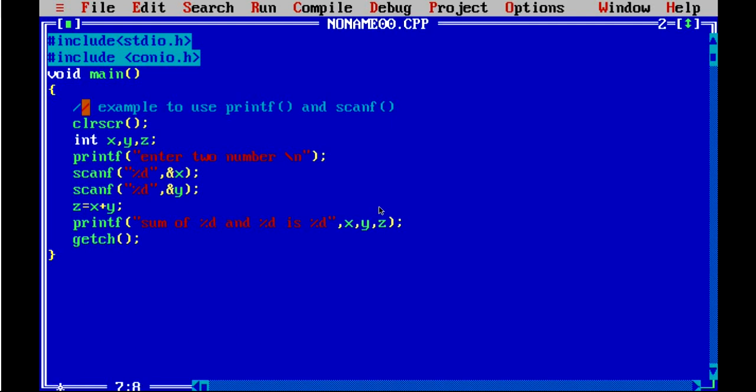So we have defined the variables x, y, z. On the address of x we are storing the value, and on the address of y we are storing the value, and then we are simply adding these values into z, just like in our previous example.